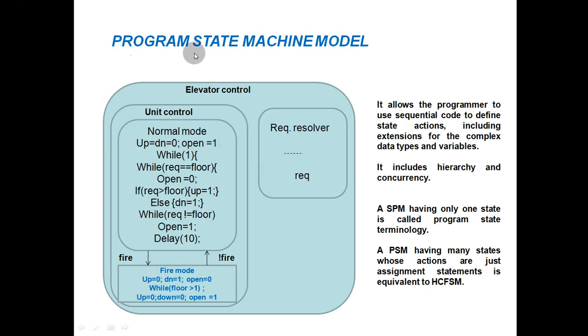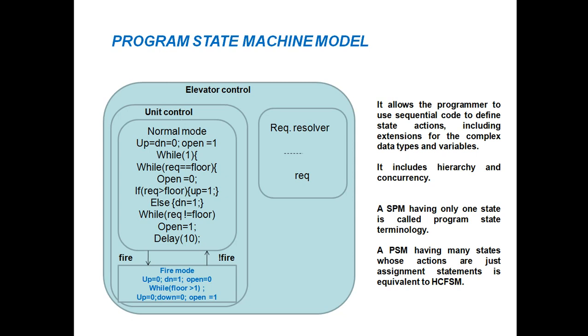This program state machine model allows the programmer to use sequential code to define state actions, including extensions for complex data types and variables. It includes hierarchy and concurrency. A PSM having only one state is called a program state. A PSM having many states whose actions are just assignment statements is equivalent to